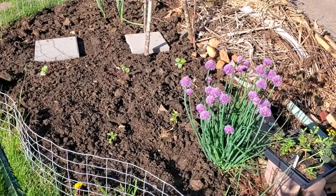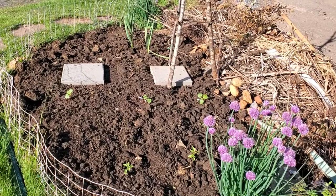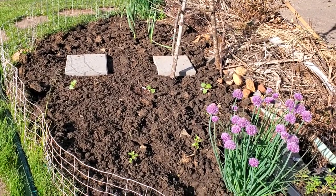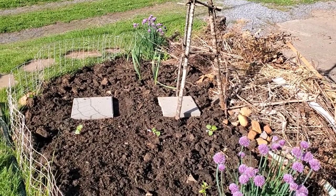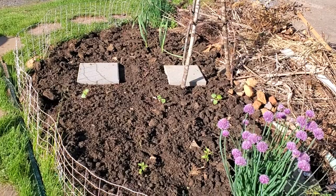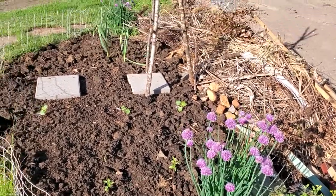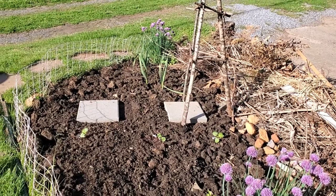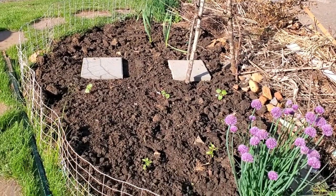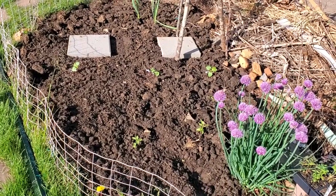Trying to stay over here in the shade so you don't have so much glare. It's about 5:30 in the afternoon, and it's bright today. This bed is the sun bed. And last year I had planted all of my peppers and tomatoes in this bed. This year, other than the chives, which stayed, and some garlic that I had planted over the winter, this is now going to be okra